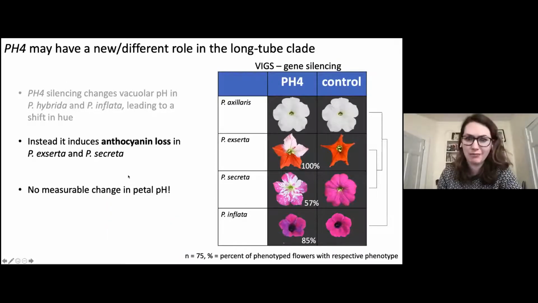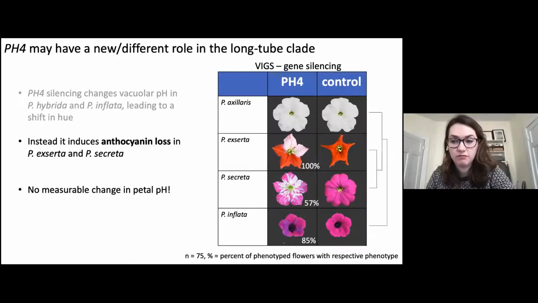False. Instead, what we saw was that when we silenced pH4 in the long tube clade, and especially in the colorful species, this induced anthocyanin loss in both Petunia exserta and Petunia secreta. It's important to note that this phenotype is not specific to Petunia exserta, but is shared by sister Petunia secreta. So therefore, while pH4 is clearly important, it is not the actual candidate gene for anthocyanin biosynthesis that's unique to Petunia exserta. I followed this up with experiments measuring petal pH in these two species, and we could not actually detect a difference in petal pH in the virus-induced gene silencing individuals. So we were a little bit puzzled by